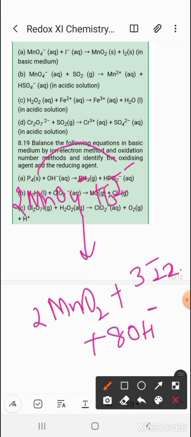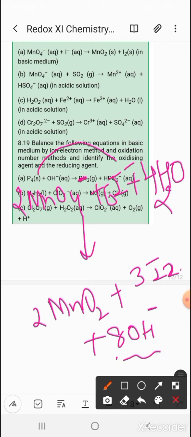But now calculate the number of oxygens here. On the left hand side there are 8 oxygens and on the right hand side there are 8 plus 4, 12 oxygens. So to balance, here it is 8 and here it is 12, so to make 8 into 12 you have to add 4 oxygens, 4 water molecules, on the left hand side. Okay? So for oxygen, we have added the water molecules. So now you can see oxygens are balanced, and similarly the hydrogen: if you count 4 multiplied by 2, that is 8, and here 8 H are there, so hydrogens are also balanced.